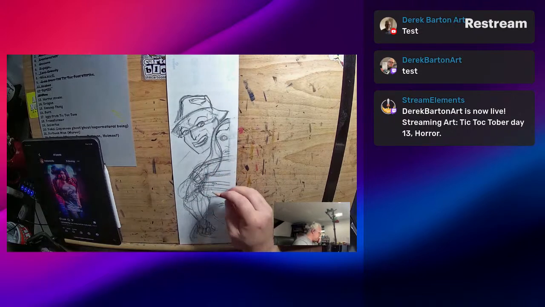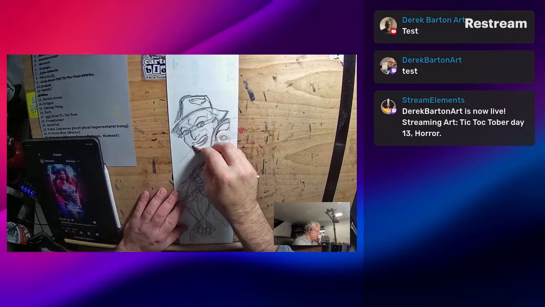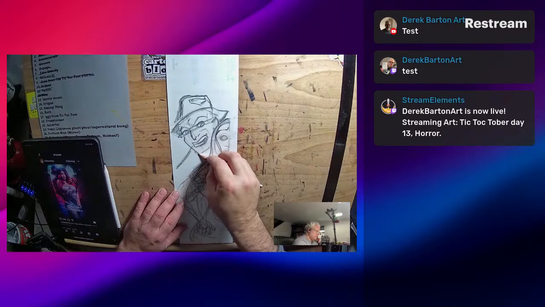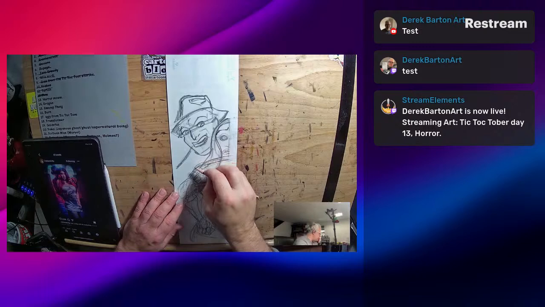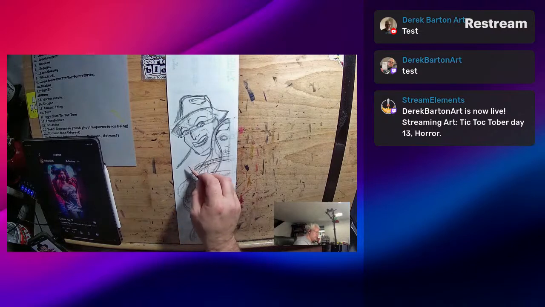So, let's see what I can do. Sorry, I'm just trying to get a different view, see if I can get the stripes on the sweater proper. Probably won't, but